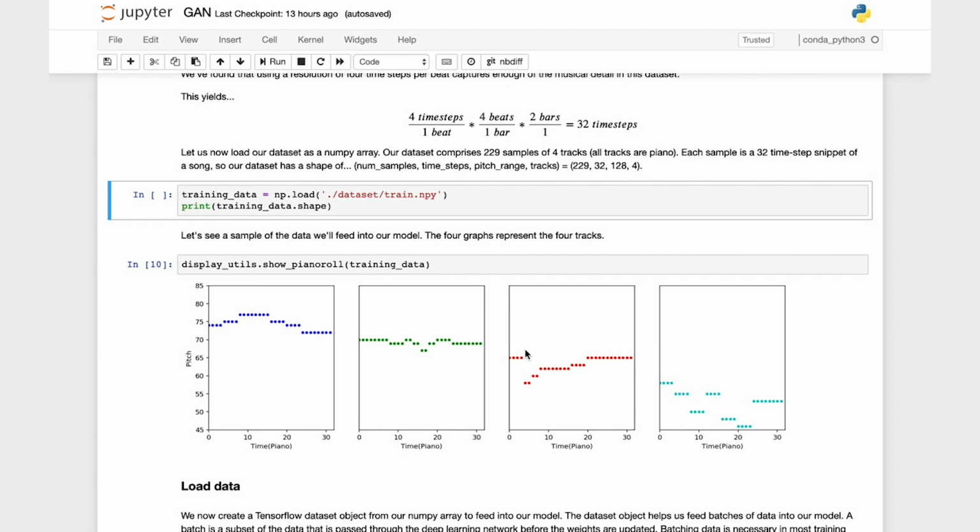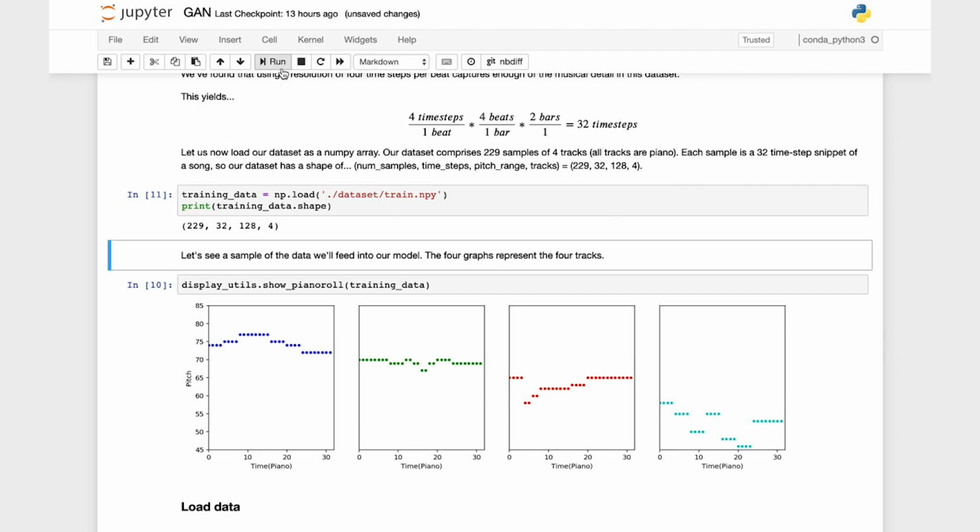Now that we have seen how the music is represented as a piano roll, let's load the data into memory. The first thing we're going to do is load the training data, which is stored as a NumPy array, into memory using the NumPy load method. So let's run through the cell, and we see that the shape of the array